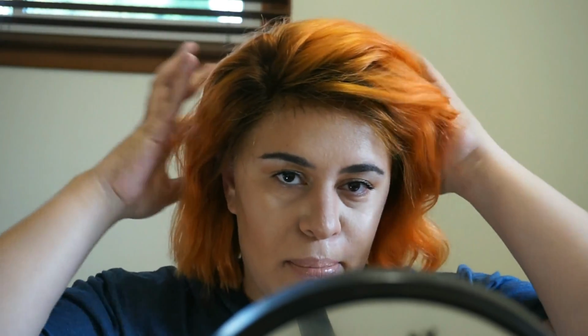So since I am in a rush, I'm not going to be gluing my wig down. So usually I'd be wearing my blonde wig, but that one fits my head just right, so I do have to glue it down because it might slide back. This one is actually too big. This was the orange wig I made. It's fading to a nice peach, but this is the one I wear when I don't want to be bothered